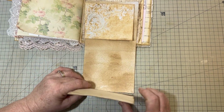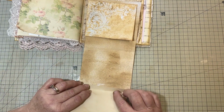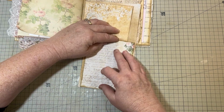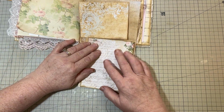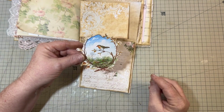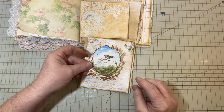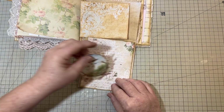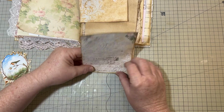So you'll have a flip down and then another flip down. And make sure it's got it at the right size. And then I cut this little birdie image out from a little diary that I'll put on the front there. So that will be that. And then when you flip this over